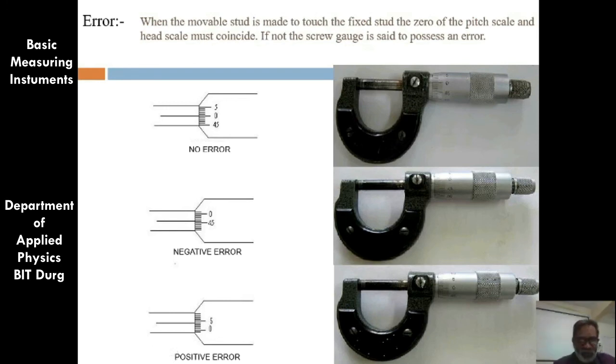Now, the brief summary of what we have studied in the error is, when the reference line of the screw gauge is exactly coincident with the reference line of the main scale, then this is the case of no error. Suppose the zero reference line of the vernier has overshot the reference line of the main scale, then this is a negative error. Third, suppose the zero of the circular scale still has to move a certain distance to reach the reference line, obviously that will be a type of positive error.